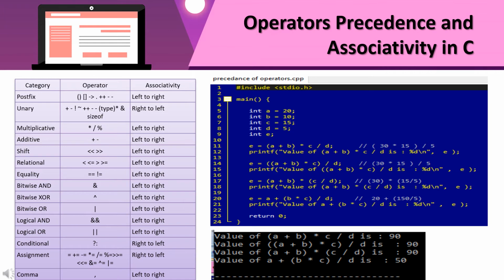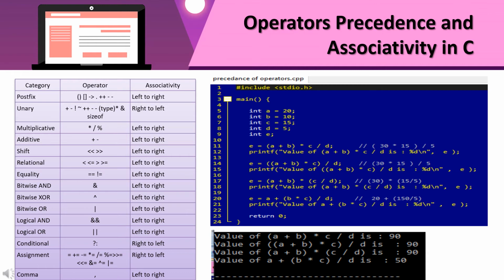Now what is operator associativity? Operator associativity is used when two operators of the same precedence appear in an expression. Associativity can be either left to right or right to left. For example, multiply and divide have the same precedence and their associativity is left to right. So the expression 100 divided by 10 multiplied by 10 is treated as (100 / 10) * 10.